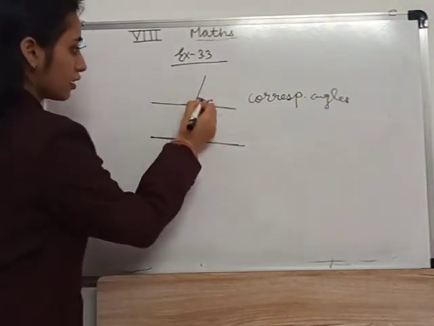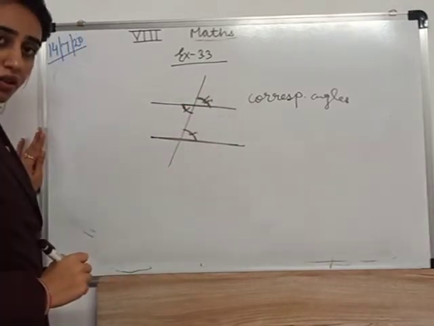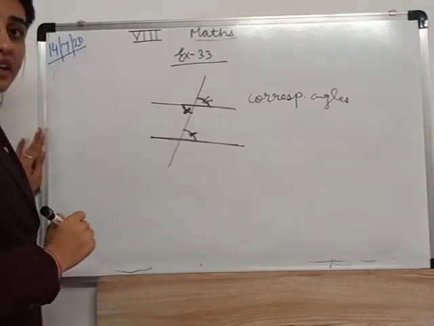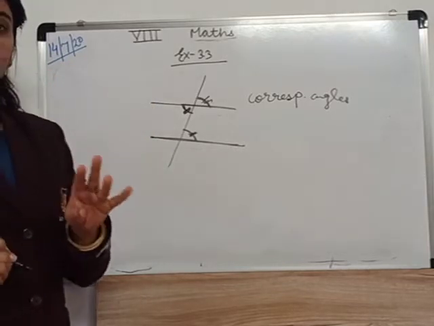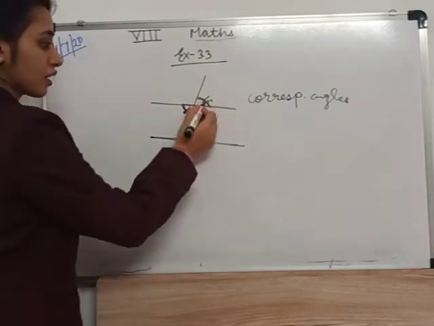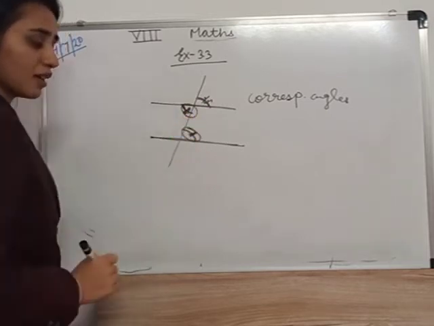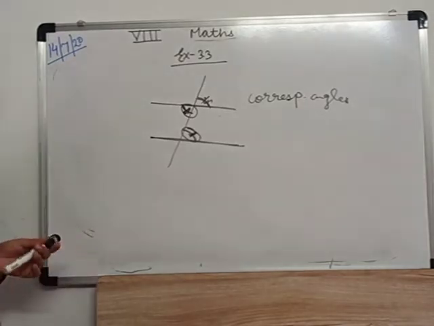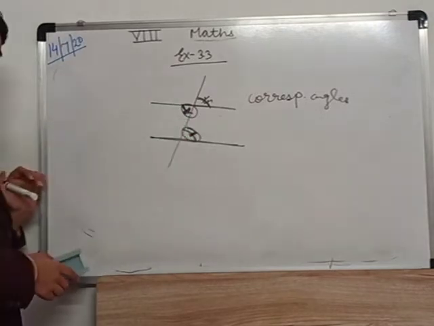This angle and this angle are vertically opposite angles. And this angle and this angle are alternate angles. These three properties we use in solving questions of exercise 3.3: corresponding, vertically opposite, and alternate angles. You have already learnt these properties in the previous class, when a transversal line cuts two parallel lines. Now shall we start